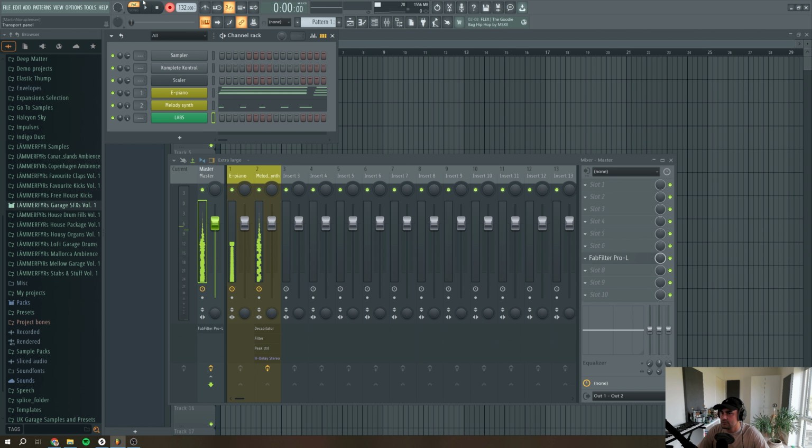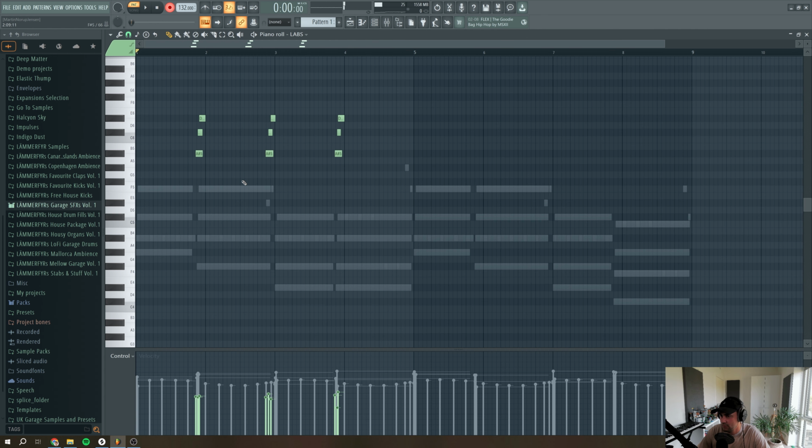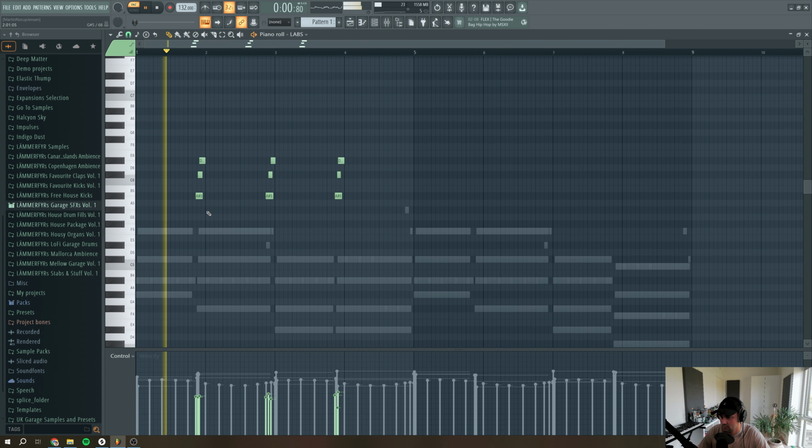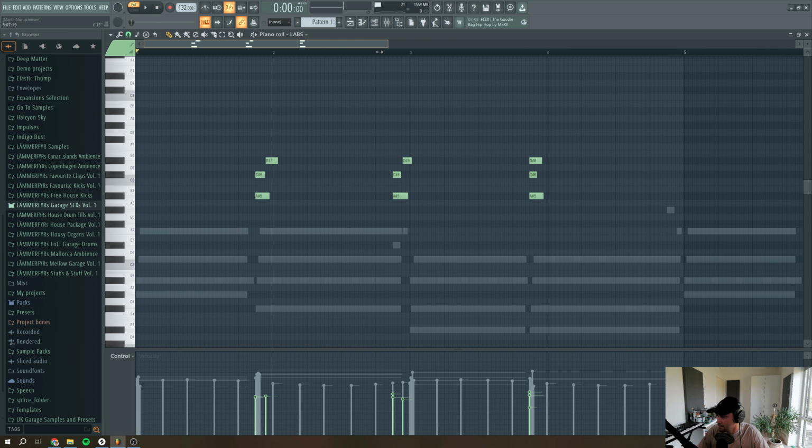Okay, we're just gonna try something. So I want these, I don't know what these are called, kind of riffs. Just gonna put this to quantize them, and